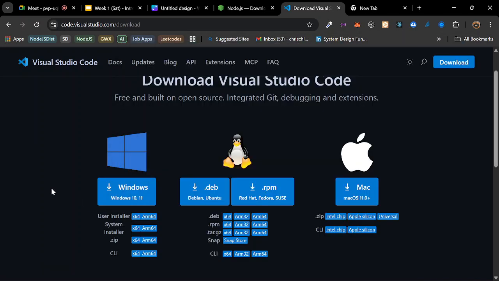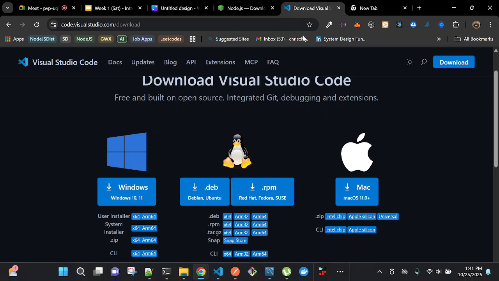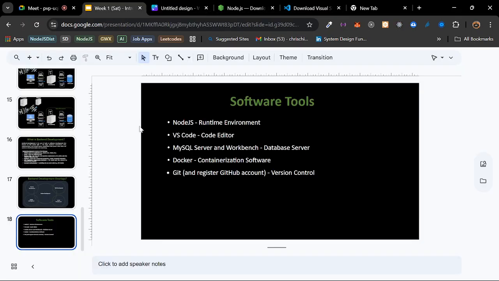But if you find anyone confusing and you want a real time installation, you can go on YouTube and search. You will see a lot of videos on them. That's why I didn't want to do them practically, because they are very available on YouTube too, on how to download them. So the next software we need will be